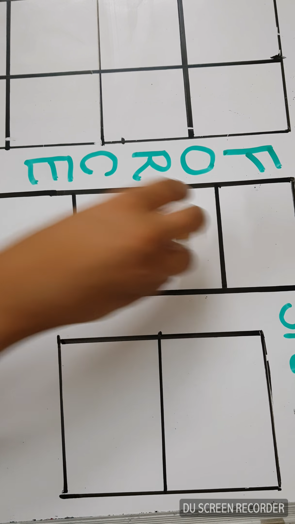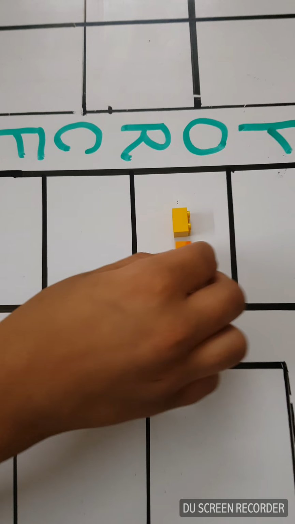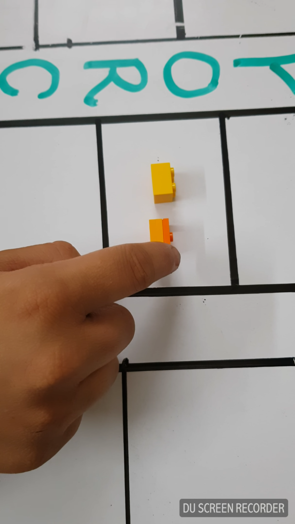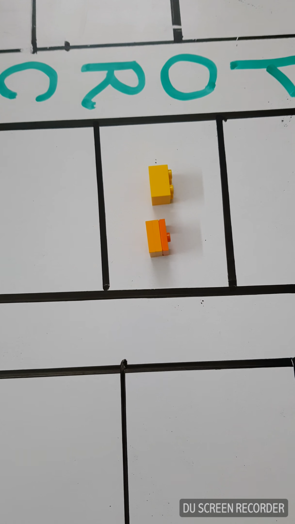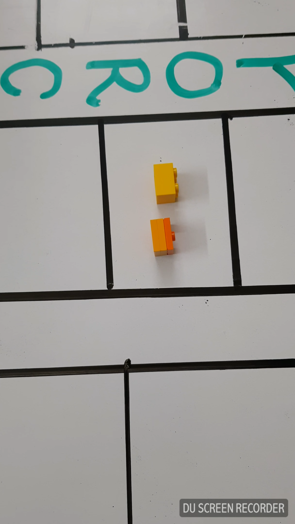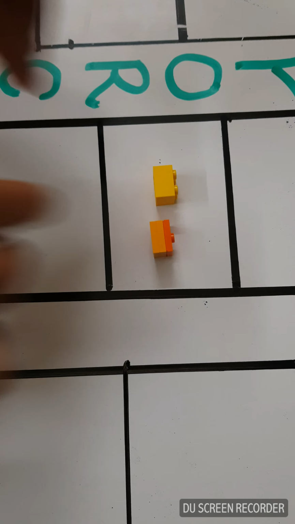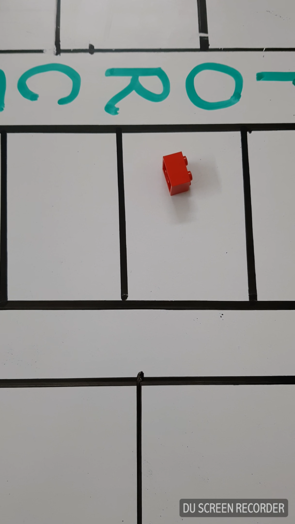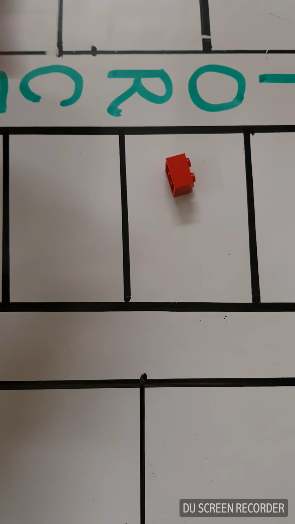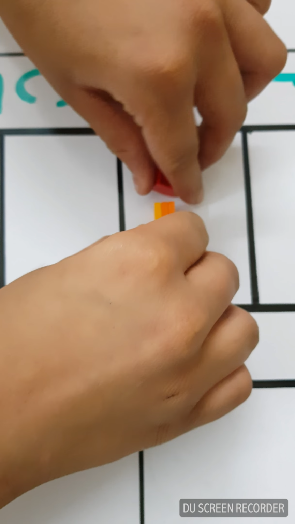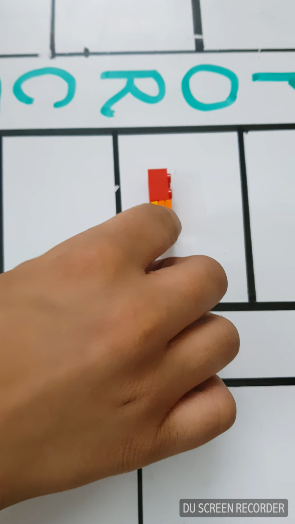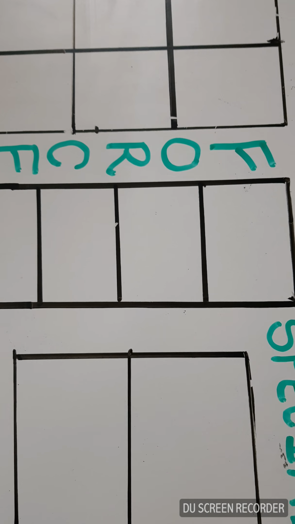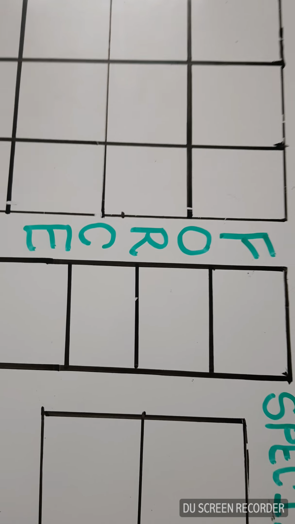Now let's first take the case of the proton. The proton is formed by smaller particles: what you can see here is the down quark and two up quarks. So one down quark and two up quarks. But when we take the example of the neutron, instead of having two up quarks, it has two down quarks and one up quark. Here you can see the neutron, and here are the two down quarks, and here is one up quark. Now, without talking more about the atom, let's just jump into the main topic of today.